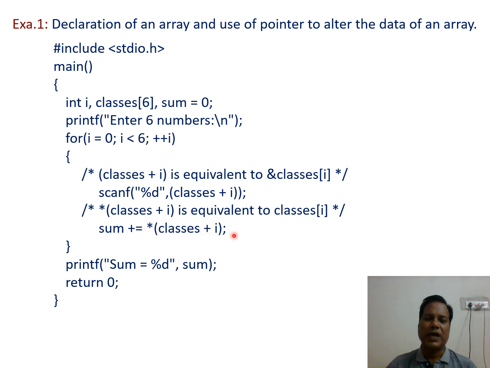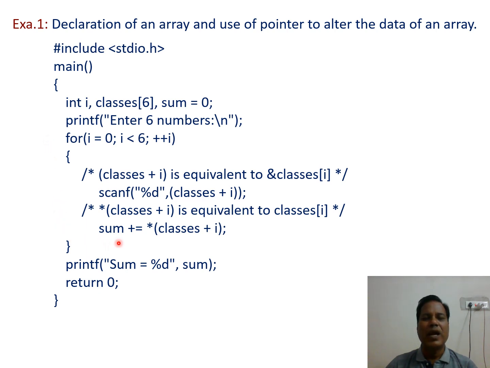asterisk classes plus I. What is the second data? That is added to the previous sum, and the total sum is stored in the left side variable sum. So in this way, the condition is true till the value of I is equal to 5. So from 0 to 5, 6 numbers are taken in and those are added using the for looping